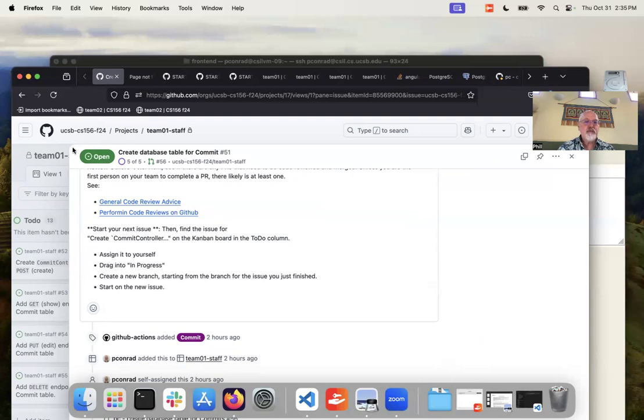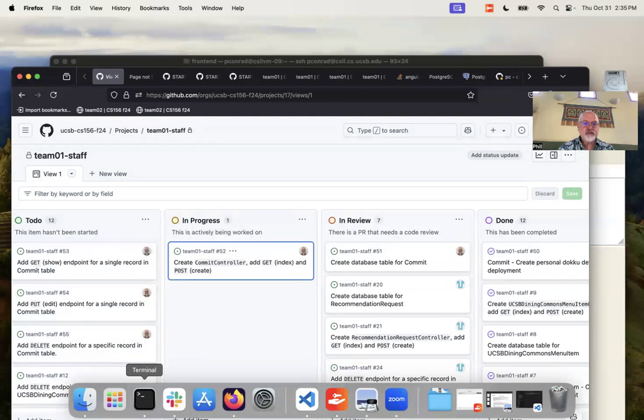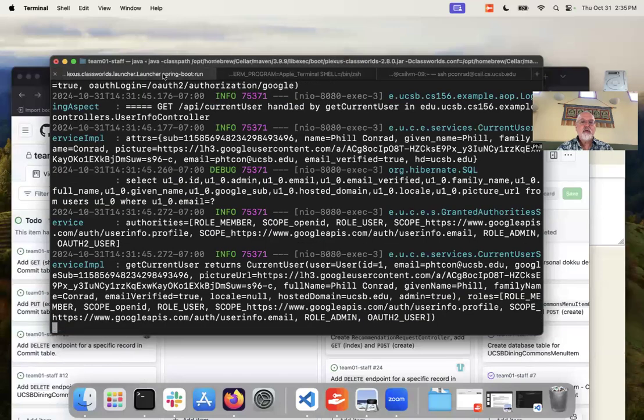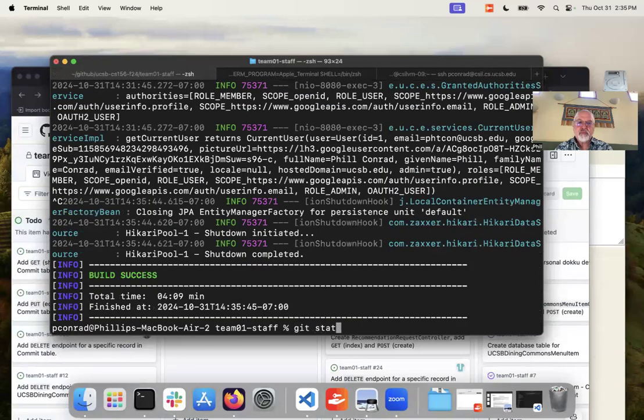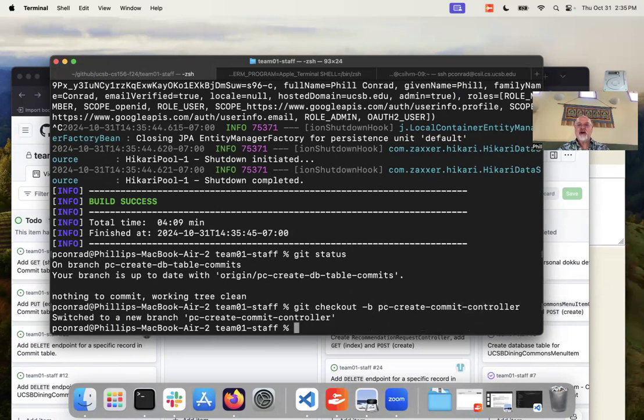So let's do that. Let's go over here. We're looking for create commit controller. There's create commit controller. Going to drag that to in progress. Going to come in here. We can \q, by the way, is how I get out of this database over on Dokku. Going to come back here, Control C, git status. That is my branch. I'm going to git checkout -b PC create commit controller. That will be the new branch for my next issue,